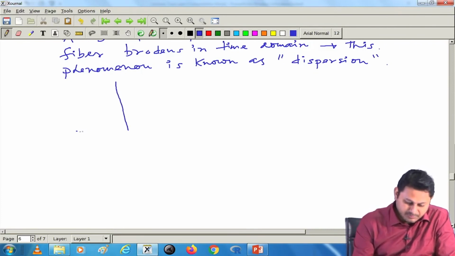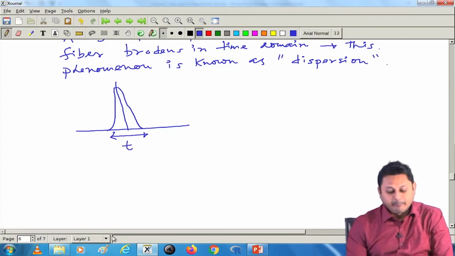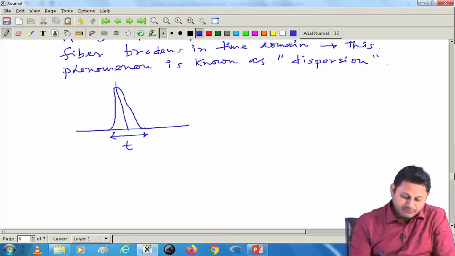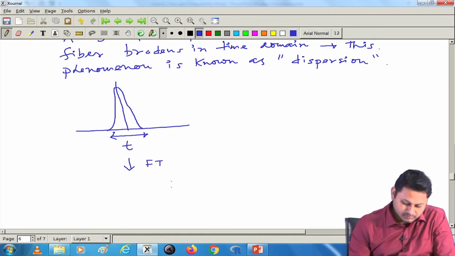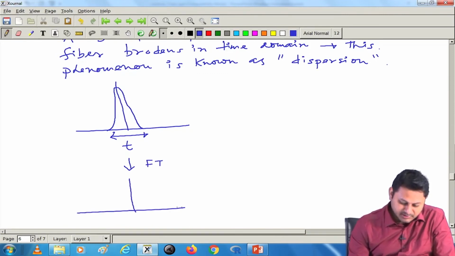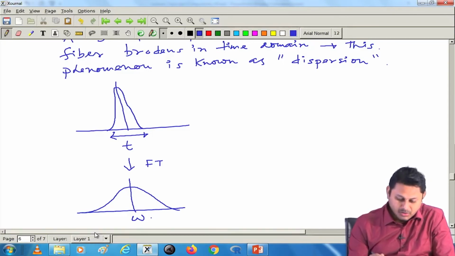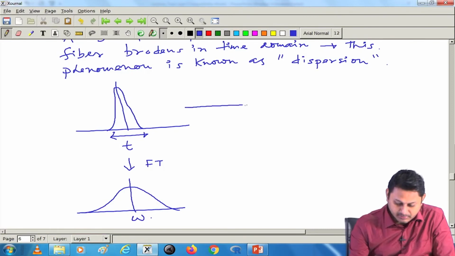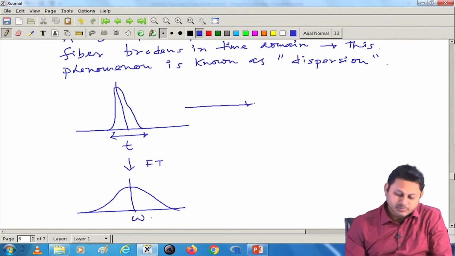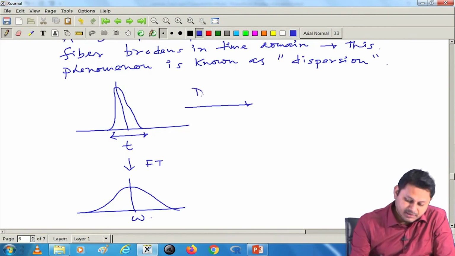So, if this is the pulse in the time domain, and if I make a Fourier transform of that, then I should have a frequency distribution of that. This is in omega, the frequency distribution of that pulse. Now, when it is propagating in a dispersive medium,